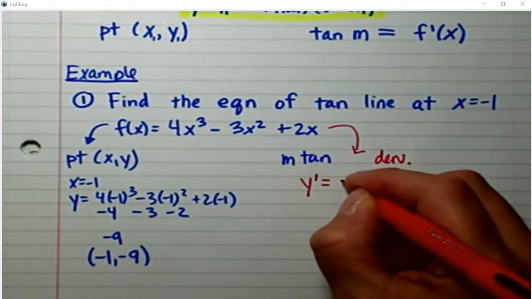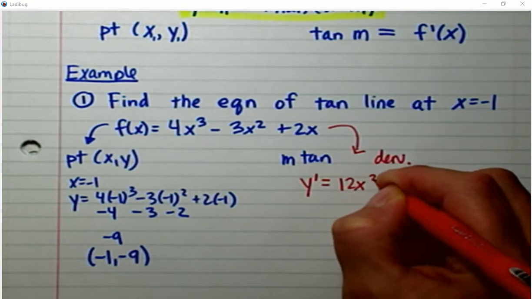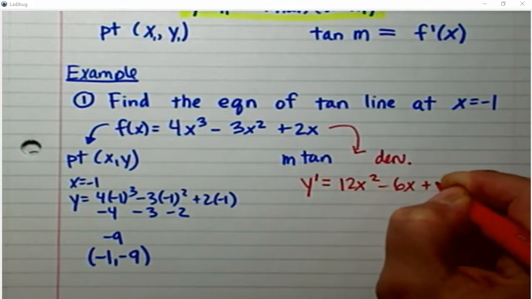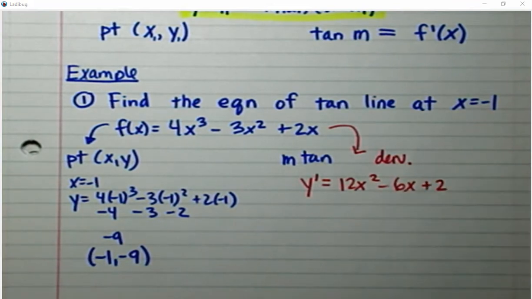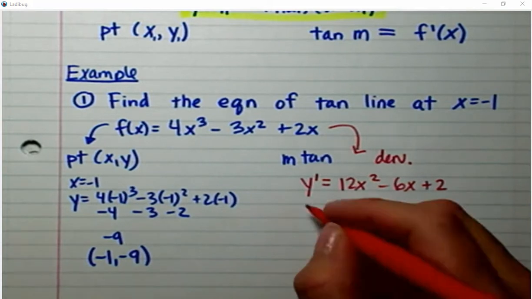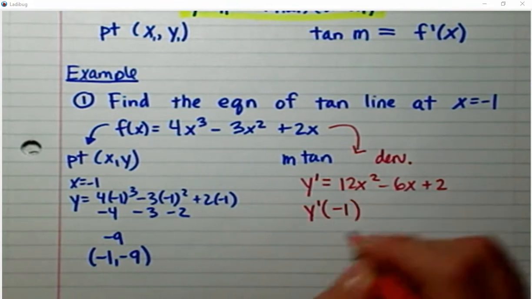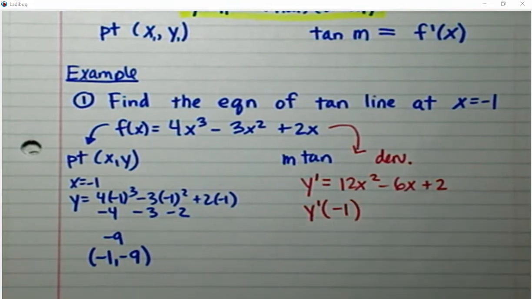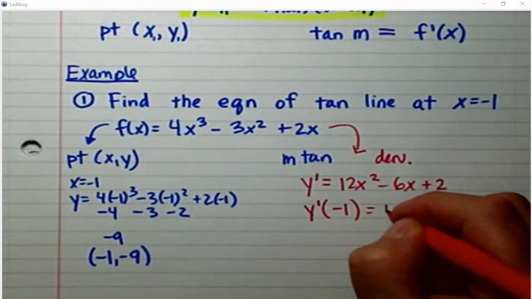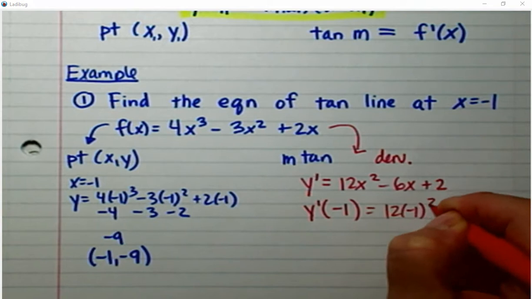Y prime equals 12x squared minus 6x plus 2. And I changed colors so you could see that I was doing the derivative. Now this part, x is still -1, guys. And the x coordinate's not changing. Okay? So if I plug this in,